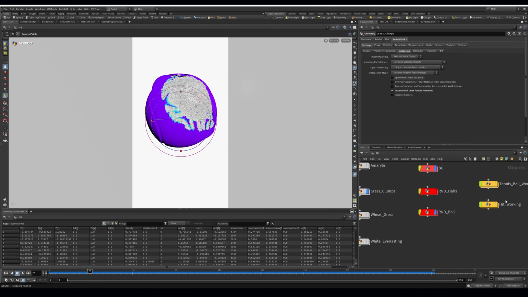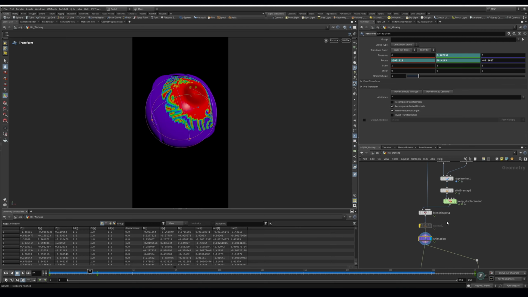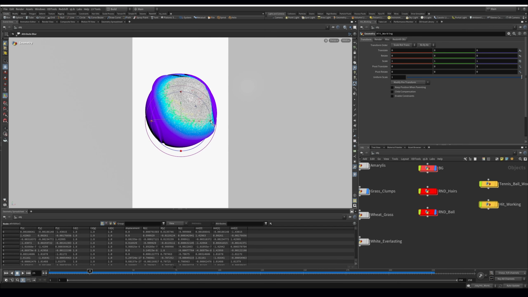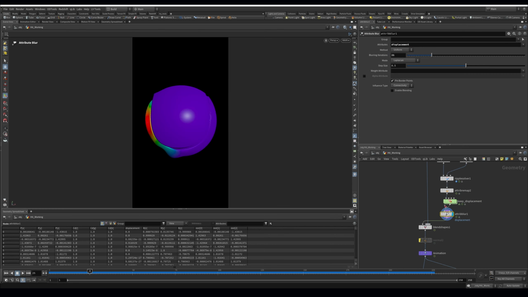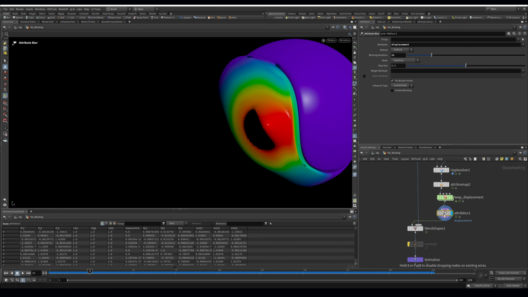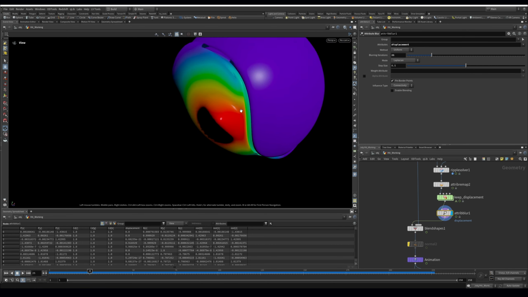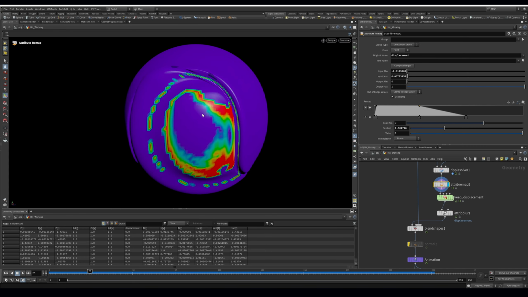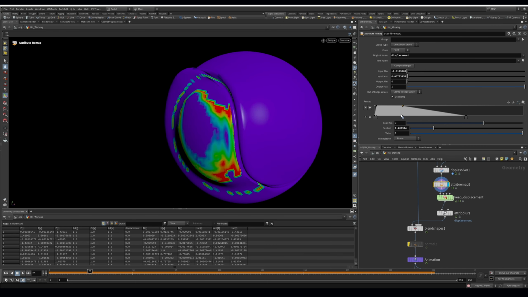But let's talk about how we can kind of fix it if we didn't want this. So first thing I need to do is just do an attribute blur, and I want to just blur this displacement because it's very pixelated now. And we can just get something that's a little bit more smooth. So if we have a look now, it's not as pixelated, if you want to call it that. It's the wrong word, but you know what I mean. And then the next thing I need to do here is just get this to be closer. And if we have a look here, you'll see that this is what we're going with, and I don't want that. I want this to be